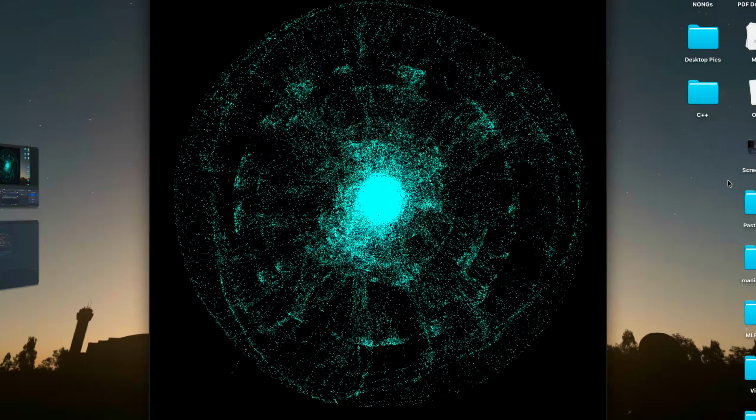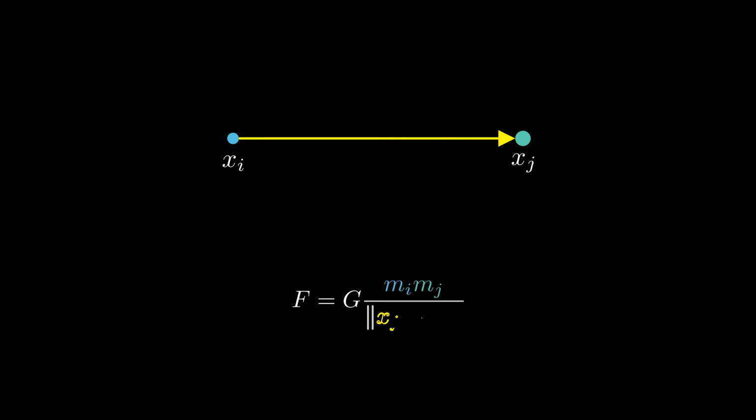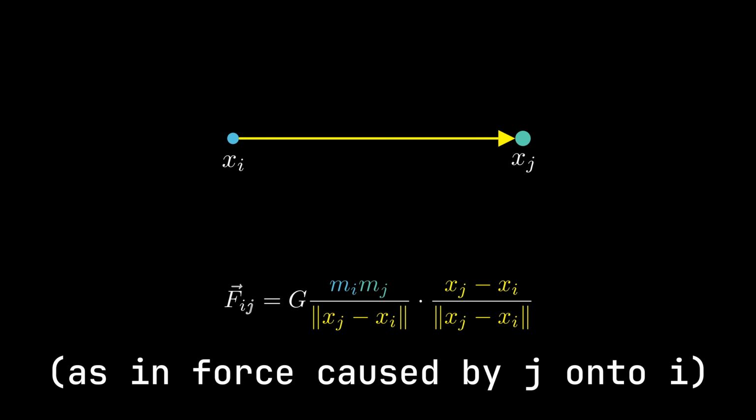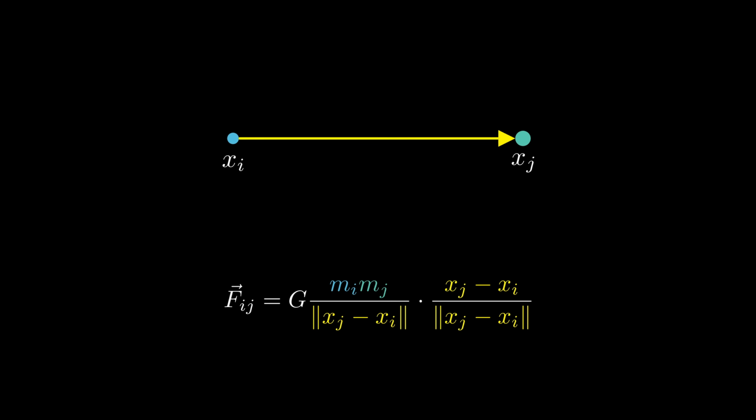First off, let's look at the general strategy of these n-body algorithms. Suppose we have 2 point sources at positions xi, xj with masses mi, mj. In 2 dimensions, gravity acts differently than in 3D. The magnitude of the gravitational force between them is proportional to the product of their masses divided by the distance between them, without the square. So to get the actual force vector, say from j to i, we multiply this by the normalized displacement vector from i to j. That means we have to use this expression to calculate the force, which isn't the prettiest,